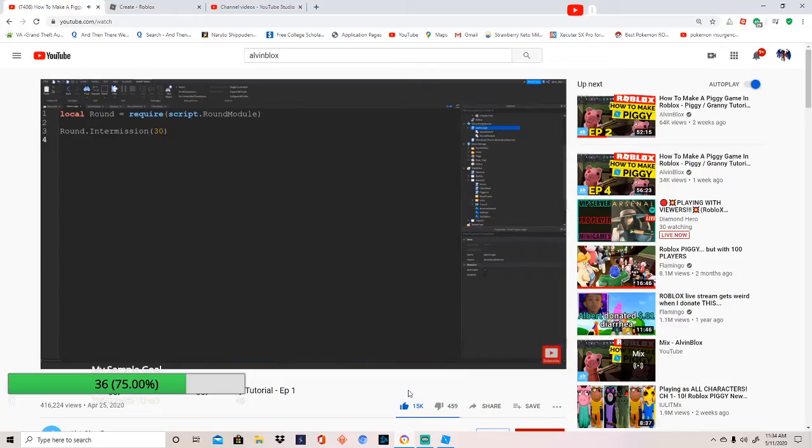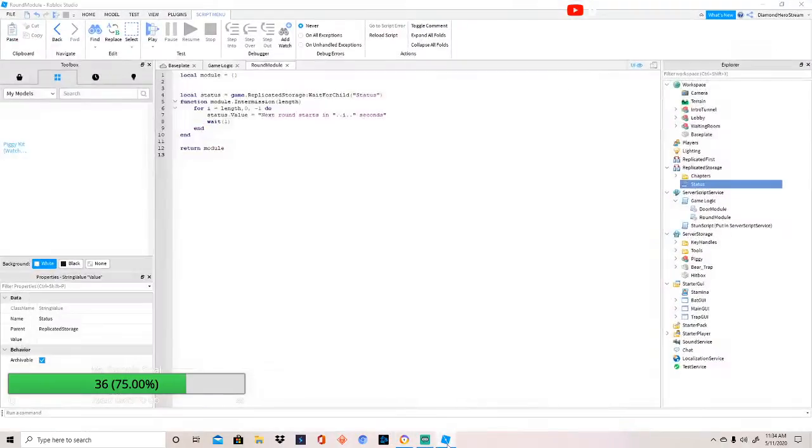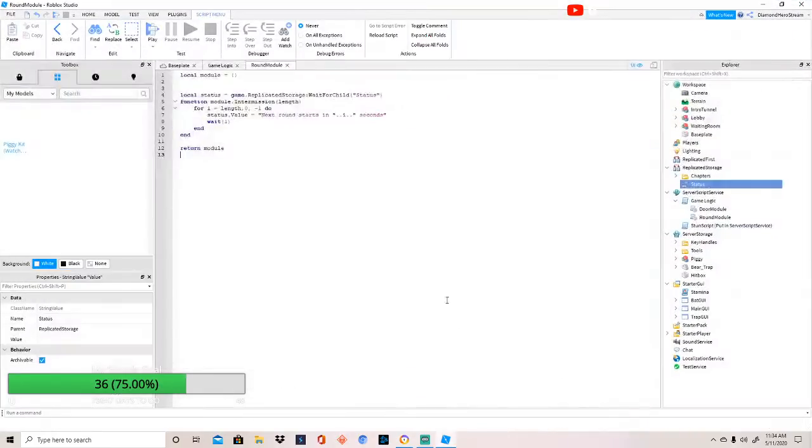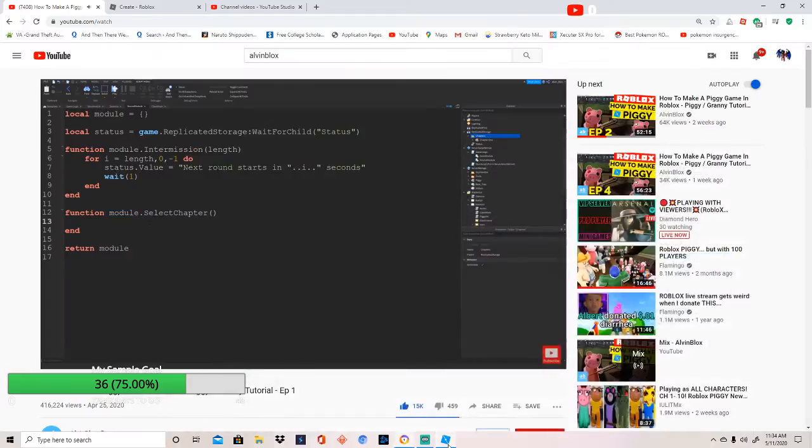The next thing we want to do is insert the map, don't we? We want to choose a random map from the chapters folder and insert it into the game. So let's head back to our round module script, and we're going to create another function, and this function is going to select a random map. Now I've gone ahead and already created our second function, module.selectChapter, as I'm sure you'll be able to know how